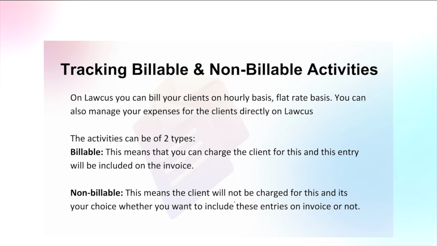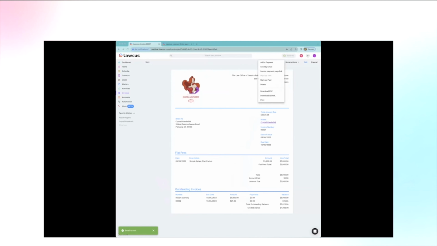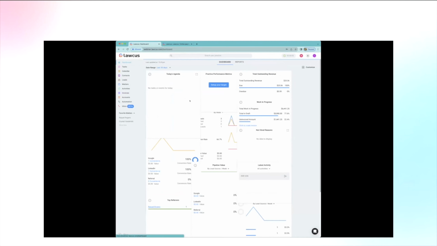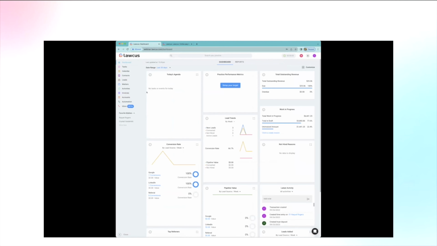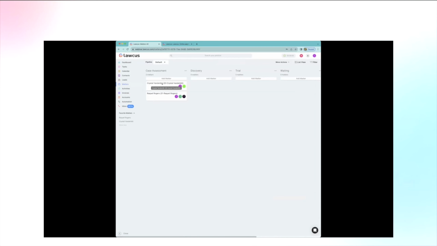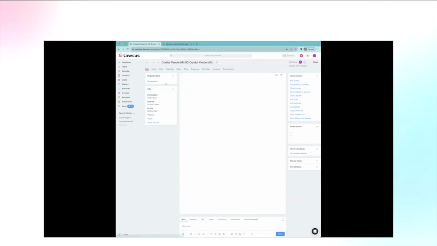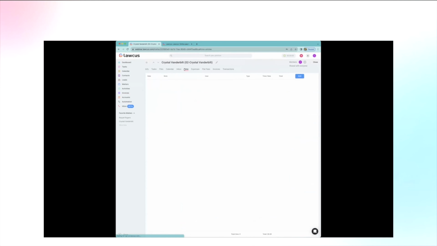So I'm going to go ahead and show you what that looks like, and we'll be able to walk through that together. Okay, so once you're inside of the Locus system and you have a particular matter that you're billing for, one of the first things that you can do is go to the matter, and then once you're inside of the matter, you have the ability to add a